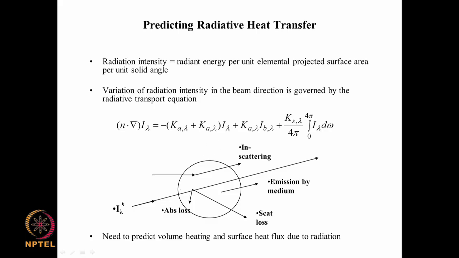radiative heat transfer, consider a beam of photons passing through a medium here, and this medium can be a solid medium, a gaseous medium, or a liquid, or it may be a gaseous medium with lots of particles, ash particles, soot particles, drops of different sizes, and all of these can interact with the photons and they can either absorb them, okay, so that that particular photon does not come out, and the energy associated with that photon is taken over by the absorbing medium, so that it becomes hotter, or it can scatter